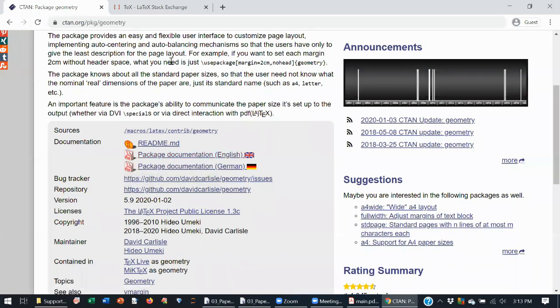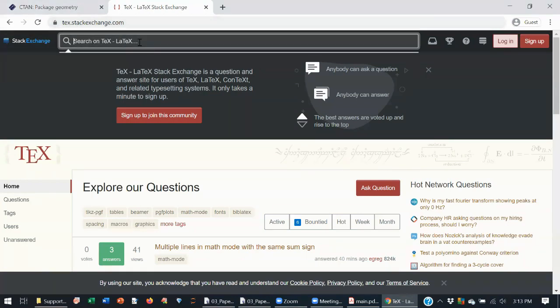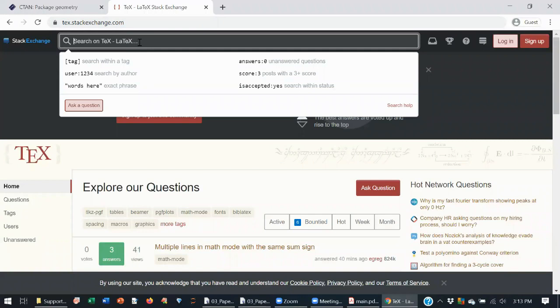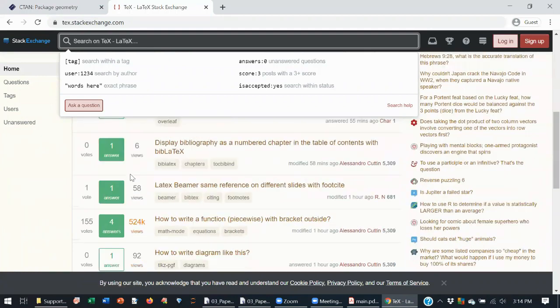Another doubt was, if we need any comments or any help, where can we search for that? For that, there is Stack Exchange. You have to go to tex.stackexchange.com. Here, whoever has a doubt posts it on this website, and experts will answer their queries. You can see they have some questions and one person has answered. So if you also have a doubt, you can post it here, or if you search for your doubt, maybe someone else has had the same doubt, and you will find the answer on this website very easily.